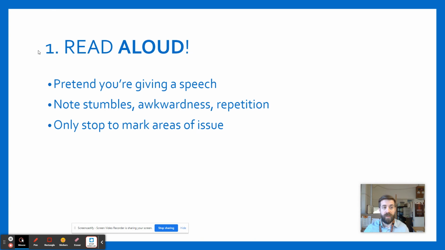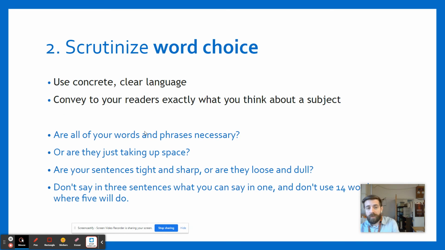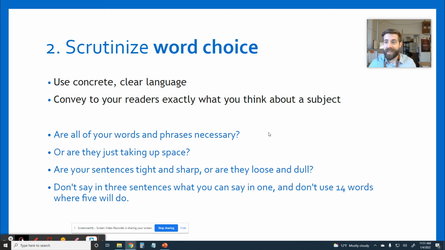Some steps to help you do this: number one, read your paper aloud. Because if you are stumbling as you read it, that usually means there's something awkward about your sentences or your phrasing. This also makes you read every word on the paper, and if you notice something that's wrong, you can circle it and come back to edit it. This is where you should be scrutinizing your word choice, or looking for words that you're not supposed to use. So if your essay is not supposed to use "I," here's where you go through with a fine-tooth comb, finding, circling, and highlighting all of those words, or thinking about whether there is another word or phrase that would improve this sentence. That's that smaller finesse thing.